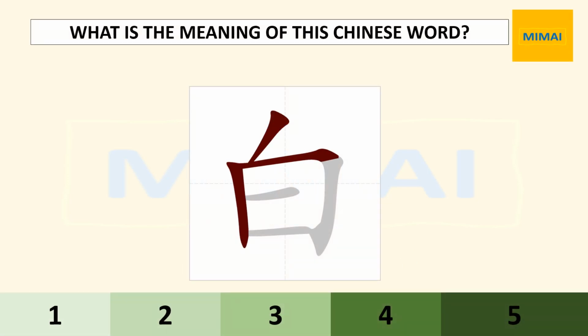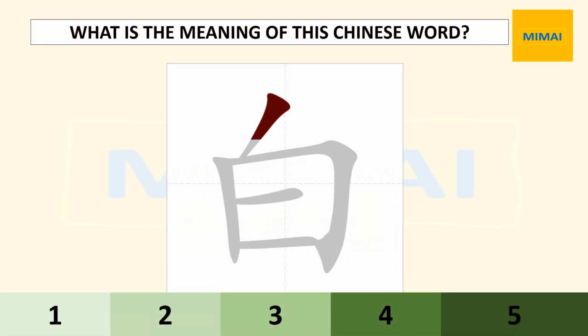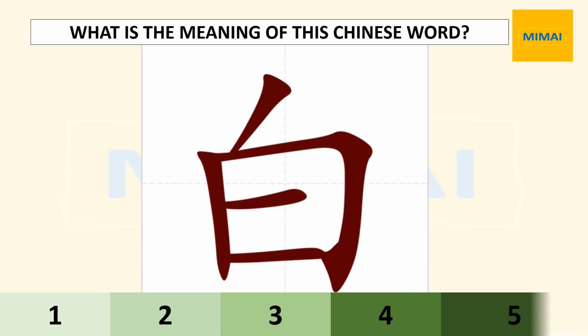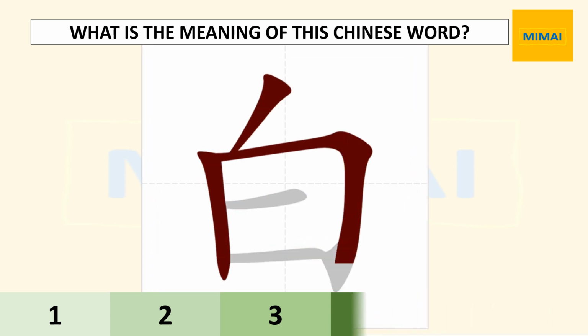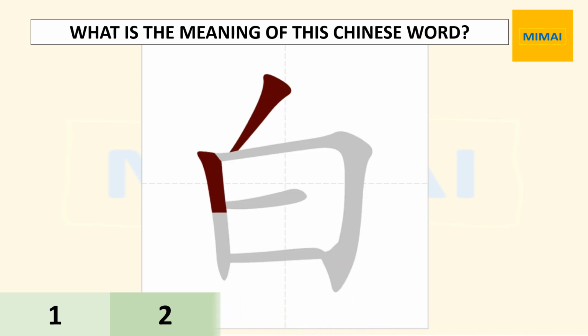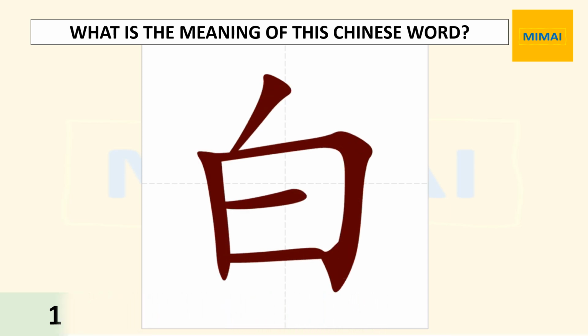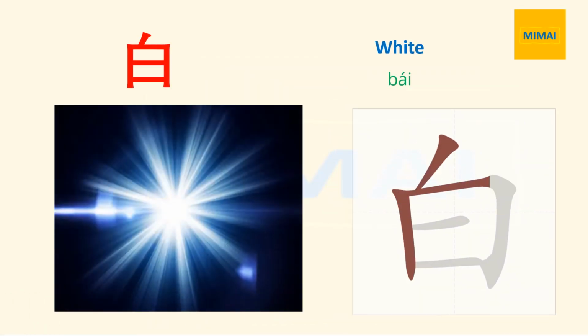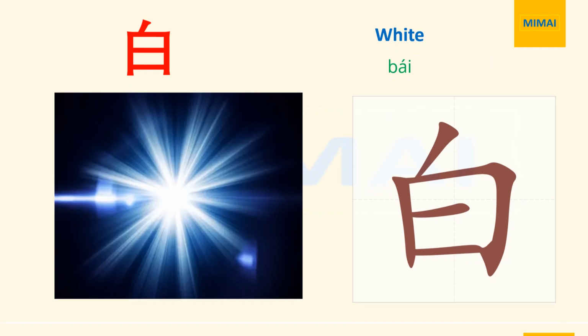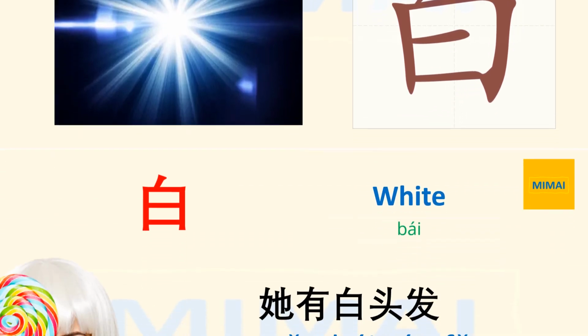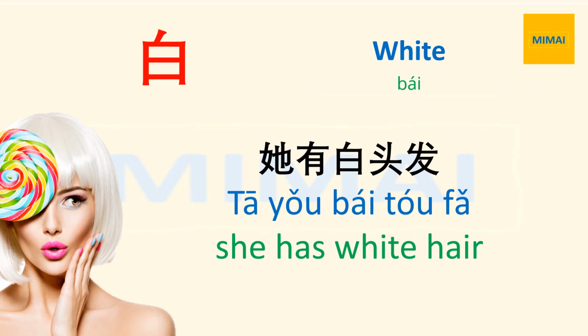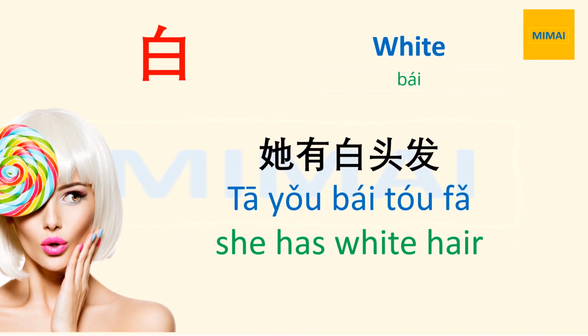What is the meaning of this Chinese word? 白. White. 白 White. 白 White. Here is an example for this word. 他有白头发